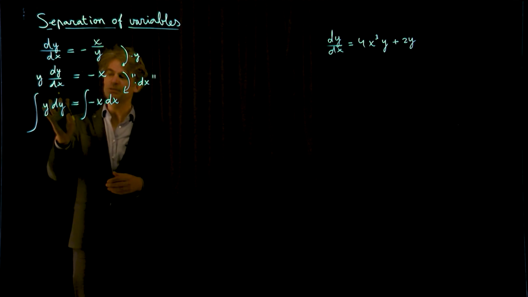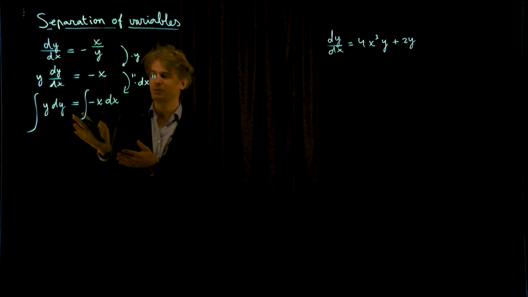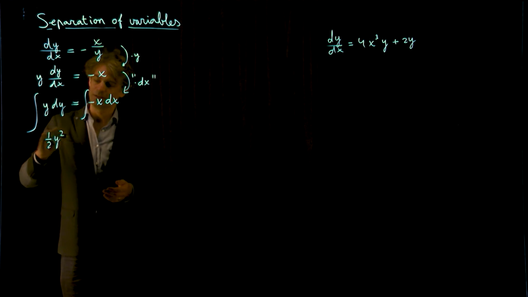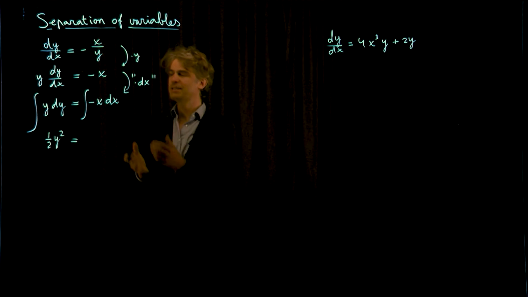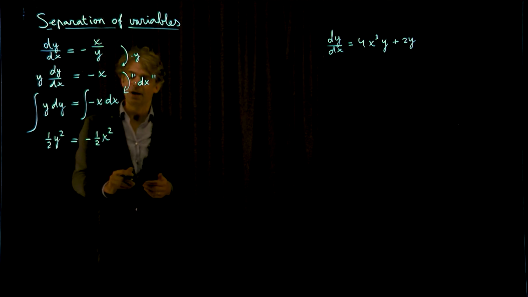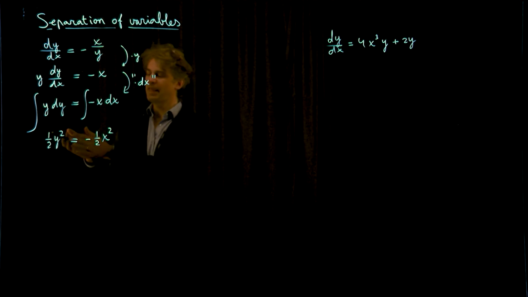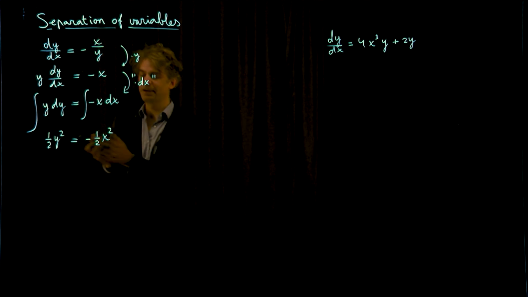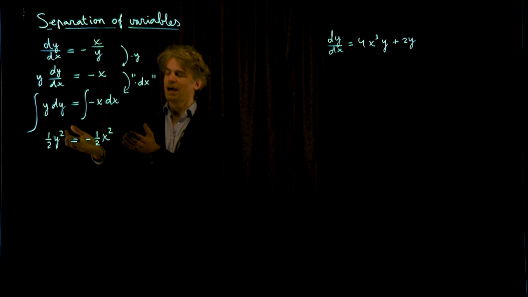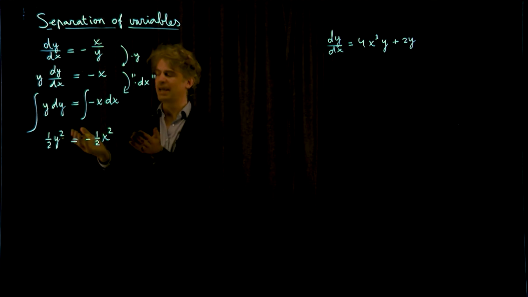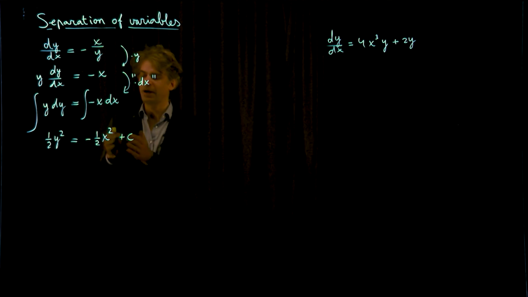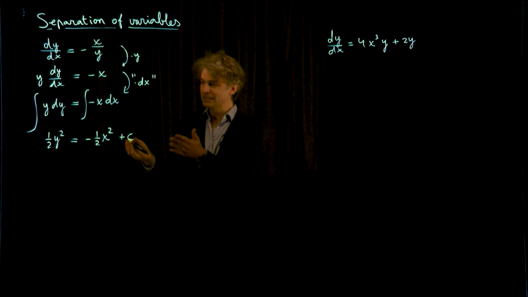So let's go ahead. Here we integrate with respect to y. That's what the dy wants to say. So I get 1/2 times y squared. And on the other side, I get minus 1/2 times x squared. Now I need an integration constant. I can put one there and I can put one there, like a c here and a d there. But since they're both sort of random constants, I might as well put just one on one side, right? So I choose to put it here. You can put it there as well, I don't mind. So this is it, and we're almost done.